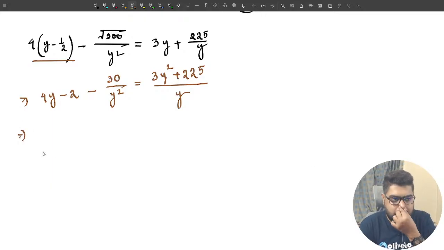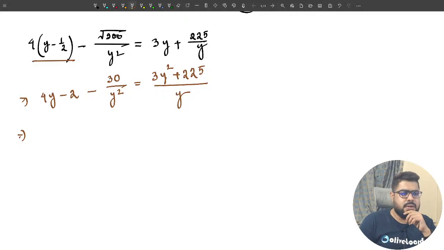Okay, let's multiply everything with y square. Let us multiply everything with y square, but again it will give us a cube. That's why I'm worried. A cubic equation should not come. There was some issue in the question level. There was some issue in the question level. Okay, I think this will be plus. Otherwise it doesn't matter, plus or minus, anything, but